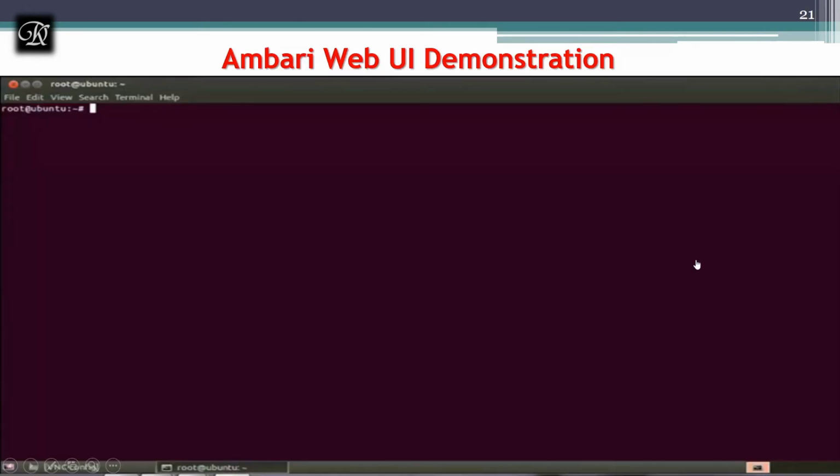In this demonstration, you can check out how to start the Ambari web UI. This is installed only for a single node. I did not try with the 4 nodes. I tried for a single node, where rather than going with a command based, we are going with the web based.